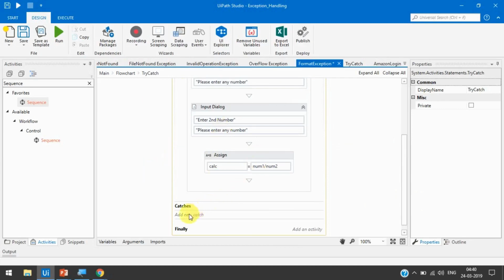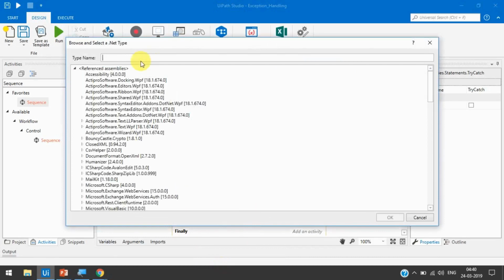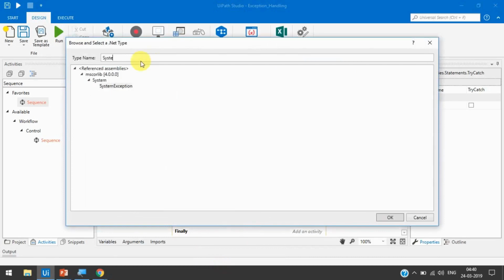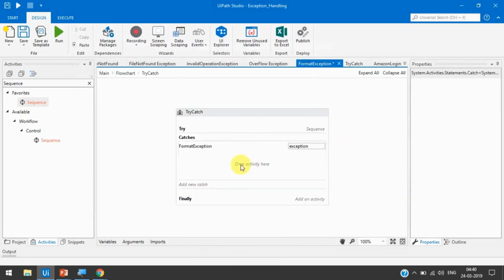So we'll click here and look for the format exception, System.FormatException. Okay, so we have taken one activity here, that is FormatException, and now we can use